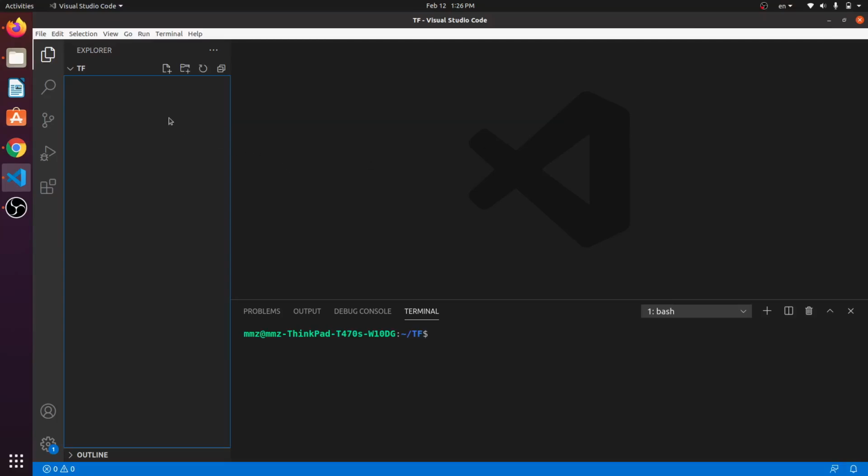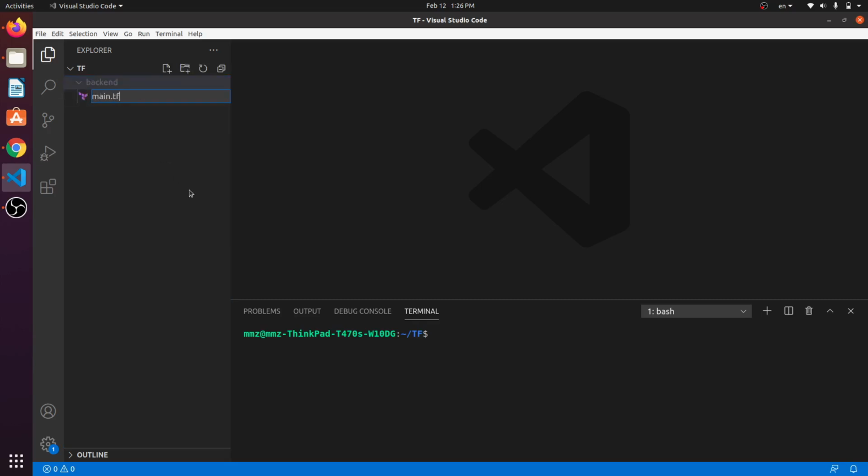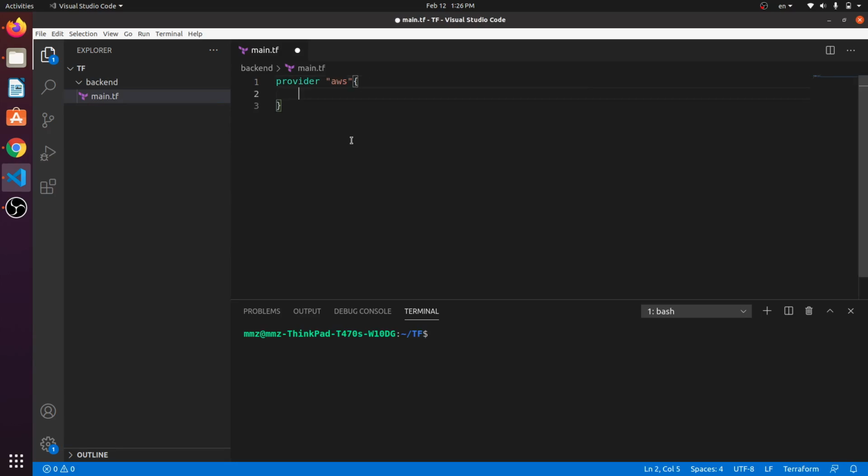All right, now it's time to use the remote backend S3 bucket that we created previously. Here, let's create a new folder and name it backend, or whatever. Inside it, let's create a new file and name it main.tf. Okay, now here, the provider, as we learned previously, is AWS, and then we will use the region equal US East-1, anything. Now access key equal and the secret